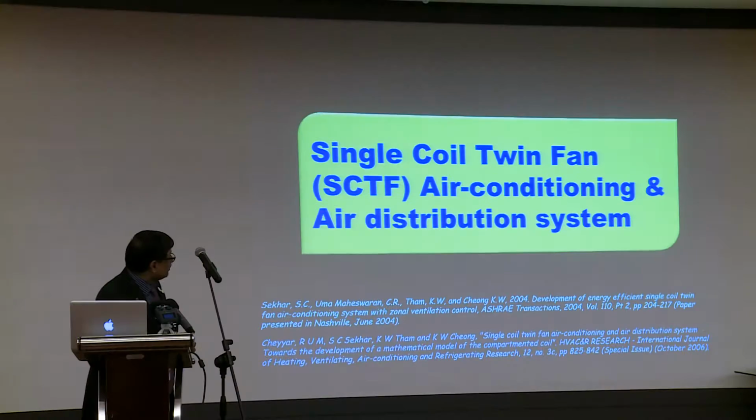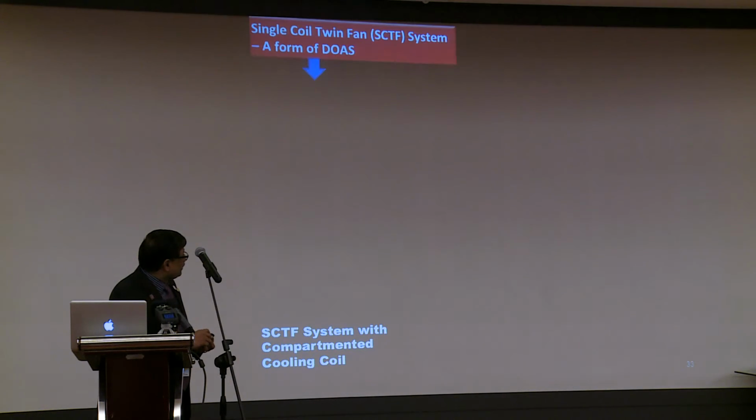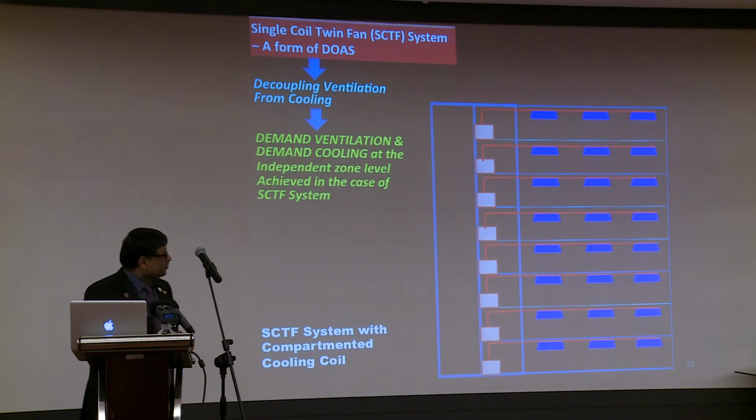Of course, in certain climatic conditions, we've got to be mindful of the issues of condensation that can happen through infiltration or otherwise, especially in hot and humid climate. But if done correctly, it certainly has tremendous benefits and advantages. We developed something that we've been working on in our group, and that's called the single coil twin fan air conditioning and air distribution system. The idea really is it's a DOAS concept where we separate the